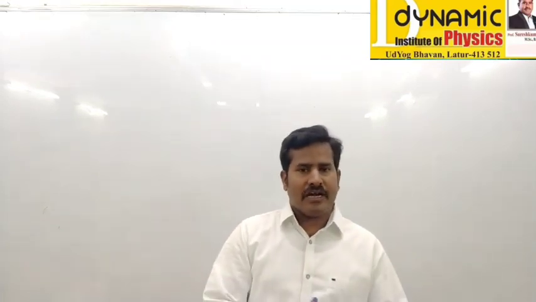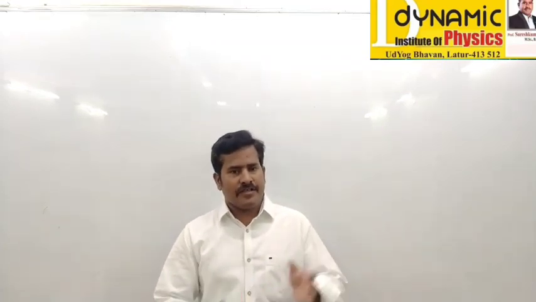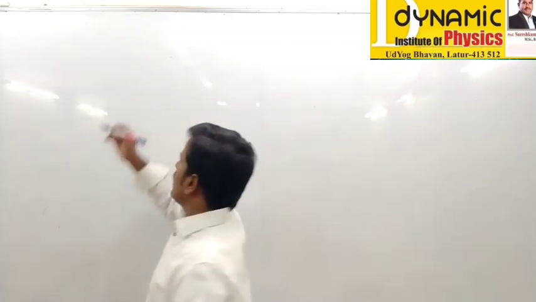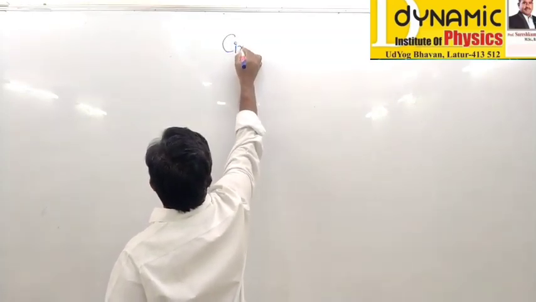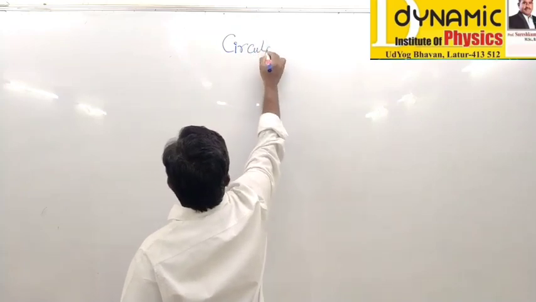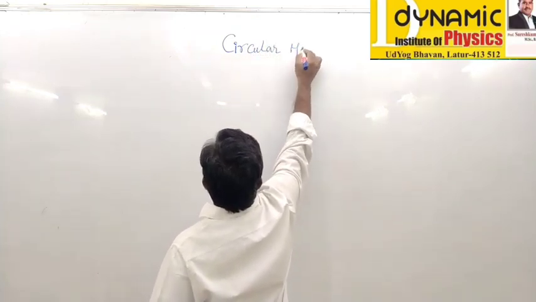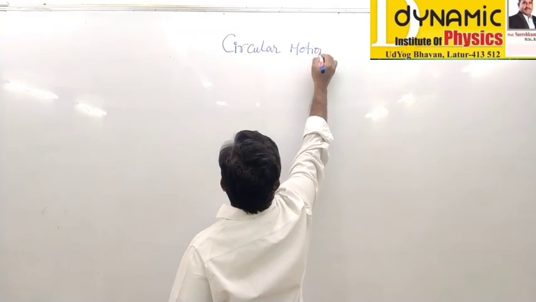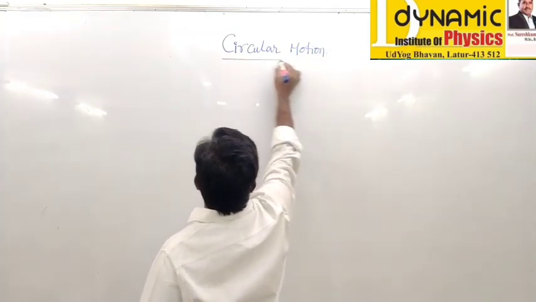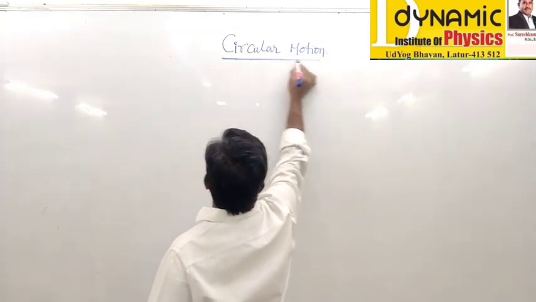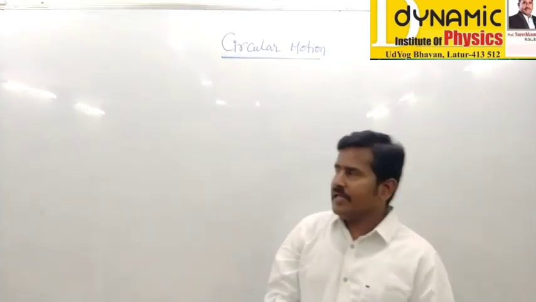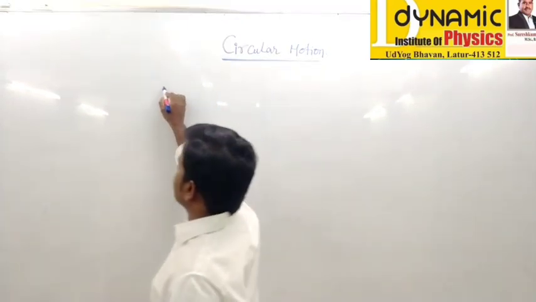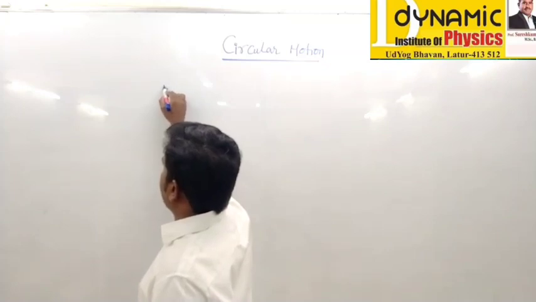Today we continue the concept of circular motion. So circular motion and linear motion, what is the difference? Circular motion is nothing but angular motion. There are many subarticles. A subarticle,